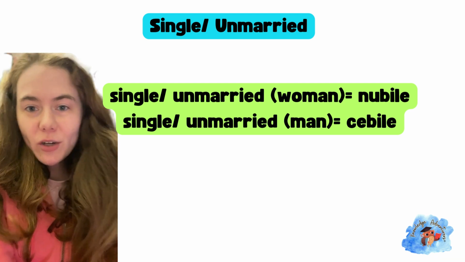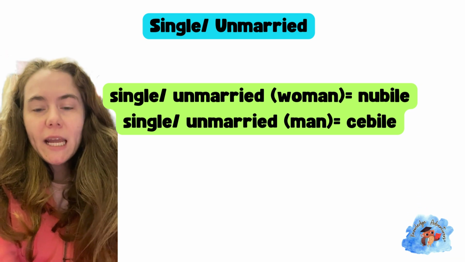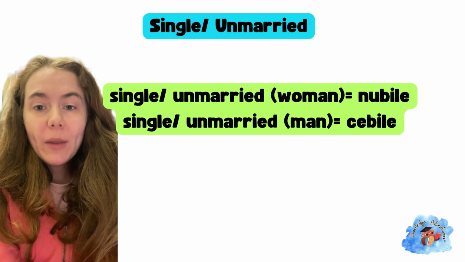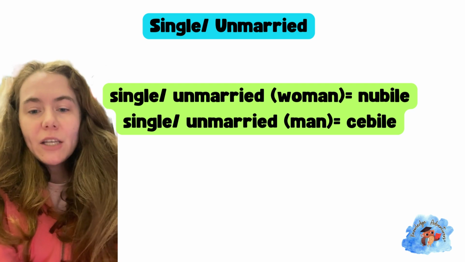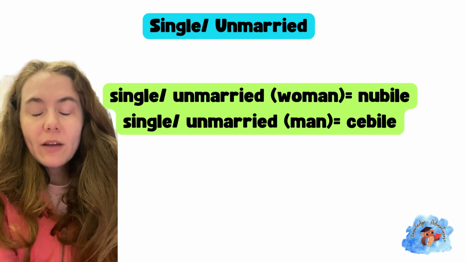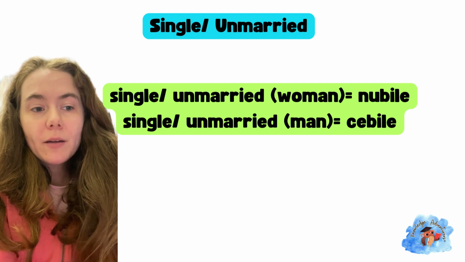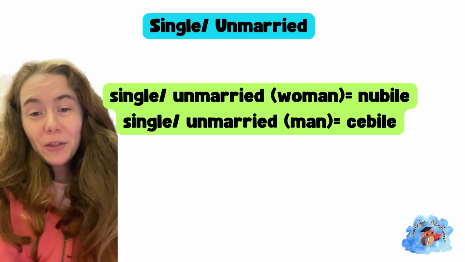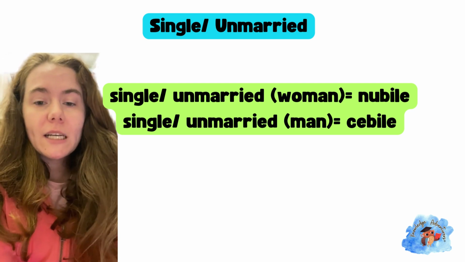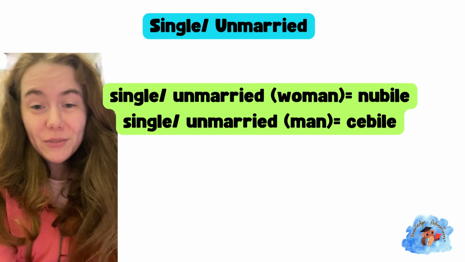To say unmarried or single in Italian, you're going to say nubile for a girl, or young lady. And you're also going to say celibe for a guy. So we have nubile and celibe. Though another way is just saying single nowadays. You can just literally say that word, but with an Italian accent. So single.